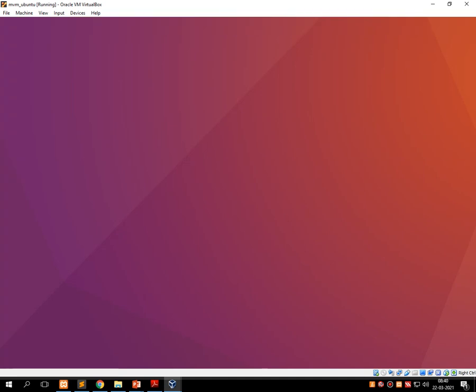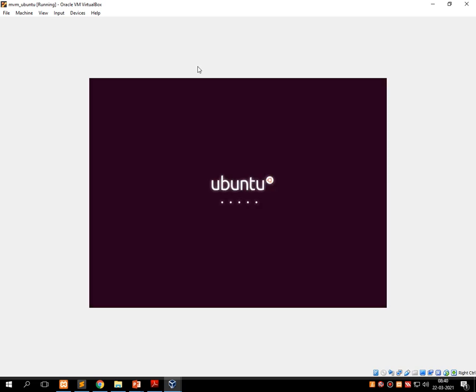Once it gets successfully closed, this is the procedure of shutting down Ubuntu in a proper way.